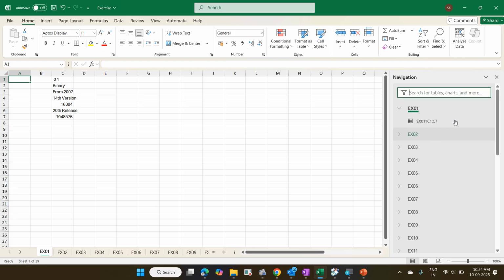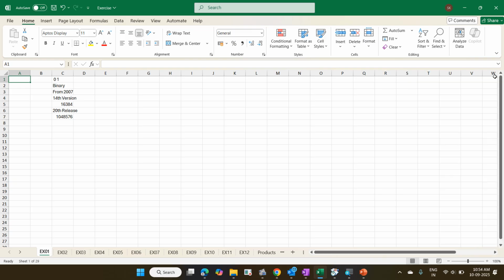And one more new thing is available. I want to know the workbook statistics. Sometimes I don't know how many data are there, how many data are filled. I want to reduce my file size. I want to improve the speed of my system. To know that, we have to know the workbook statistics. How many sheets are there, how many empty cells, how many data are there, how many formulas are there. So right click on the status bar,